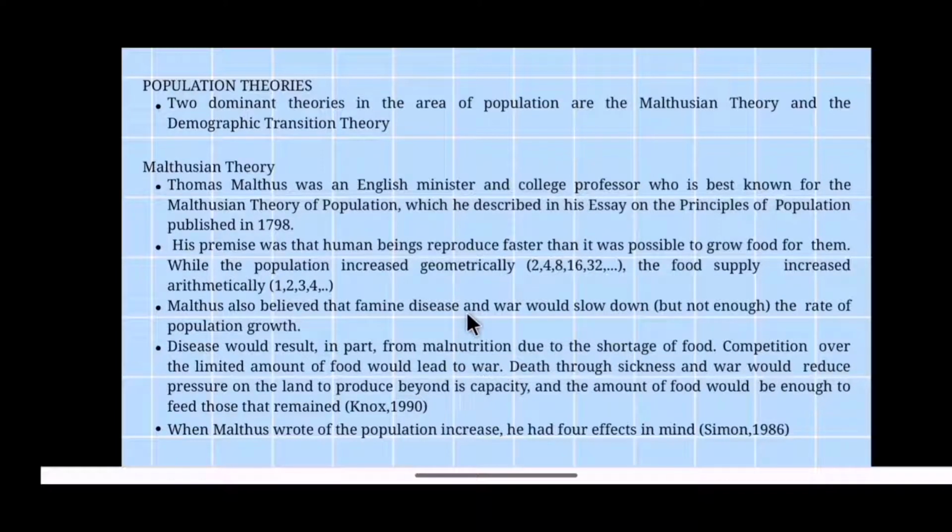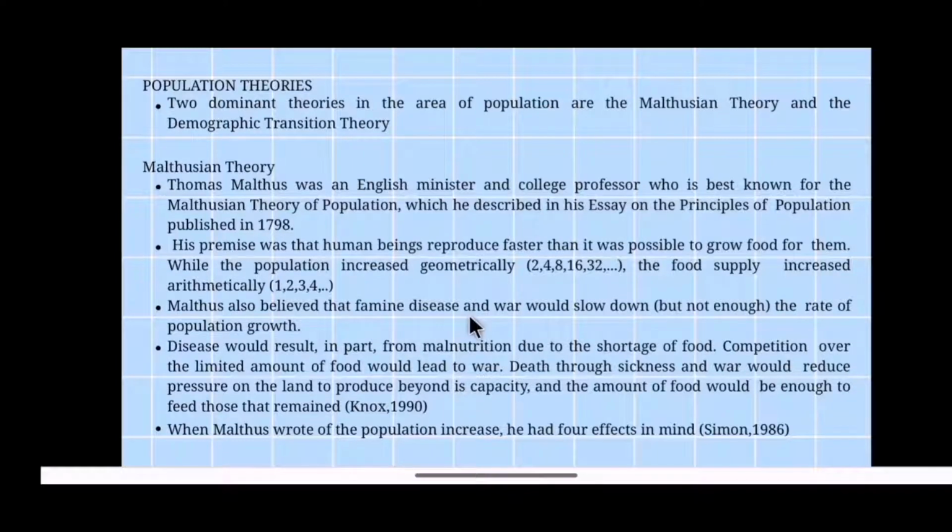But in today's view, alam naman natin kung ano ang nagaganap sa Ukraine and Russia. That is a Russia-Ukraine invasion. But that is not all about the limited food supply. It is all about the dominant power of Ukraine joining NATO. And it leads to different casualties on both sides, especially Ukraine, wherein it resulted in a huge number of persons or individuals recorded as dead. And death through sickness or ang mga kamatayan bunsod ng pagkakasakit at giyera ay isang solusyon upang makabawas ang bilang ng mga indibidwal, at ito ay makakatulong upang maging sapat ang food supply sa isang bansa.